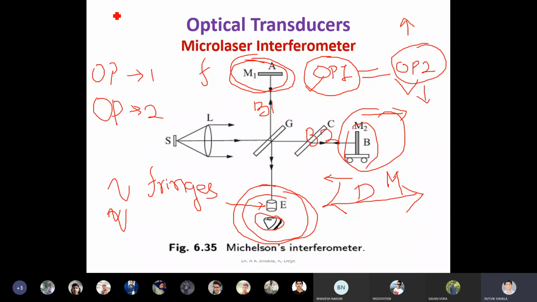Fringes are visible. Fringe means it is nothing but alternate layers of dark and light spots. If it were all black, it would be completely black here. So here it is black, white, something like this. This is called the fringe. These are called fringes. You will see black and white like this.